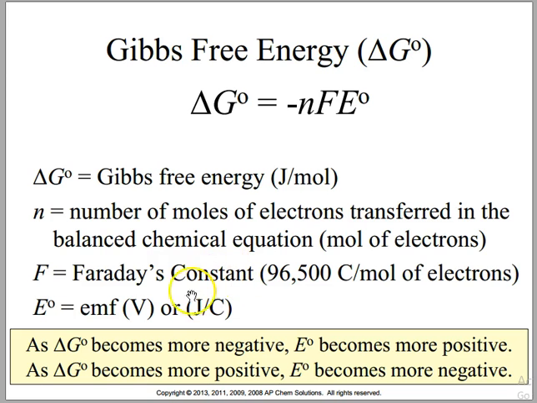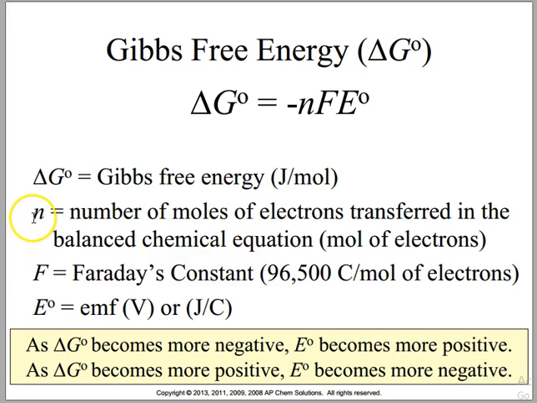Now, how can we relate that to Gibbs free energy? Well, Gibbs free energy is how we figure out whether something is thermodynamically favored from a heat and entropy standpoint, but we can also look at that from a potential energy standpoint, which is the electrical cell potential. So the change in Gibbs free energy is equal to the negative number of moles of electrons that are transferred from a balanced chemical equation,